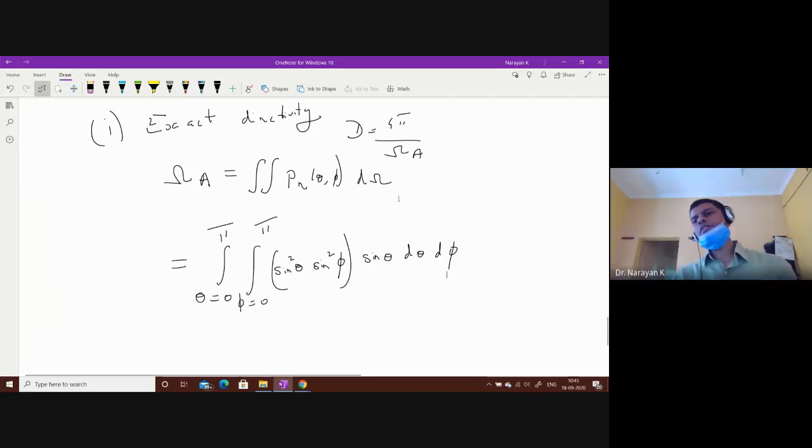You got my point. That is what we have done so far in directivity problems. Here we are finding directivity from the beam area. If you are finding directivity from the radiation intensity, use the radiation intensity formula, U(theta, phi) r squared sin theta d theta d phi. That is what we did in the previous class. Remember?